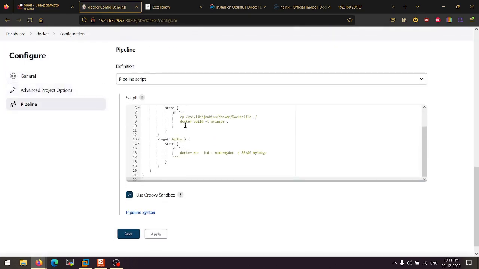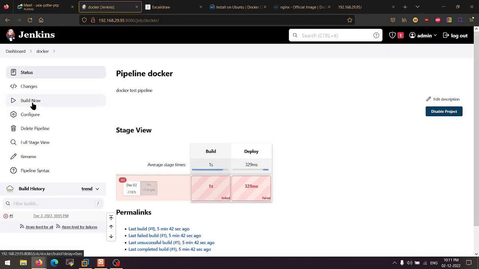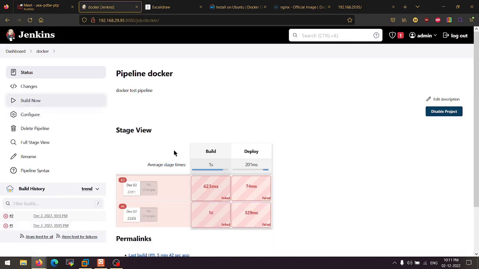Like you guys will face the same issue because Docker command will not work without the sudo. Initially, you have to do a fix for this. Okay, you guys will look for the fix. Right now, I'm just executing this with this sudo command and I'm just good to go. Let's build it now. Okay, so another build. Let's see what's the error now.